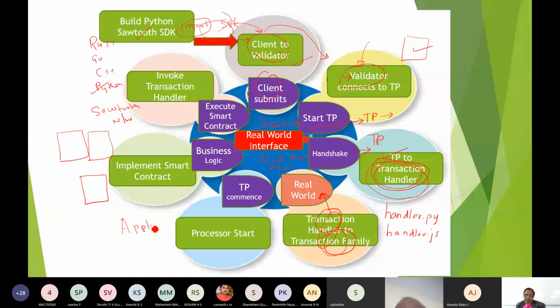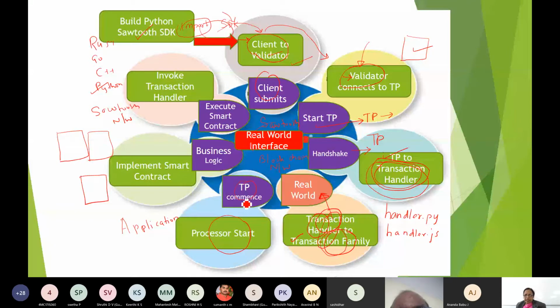You will have to design the transaction family for your application, and in the TP you will have to write this one, which interacts with the real world. Only then you can give the command processor start. That means the transaction process will commence.